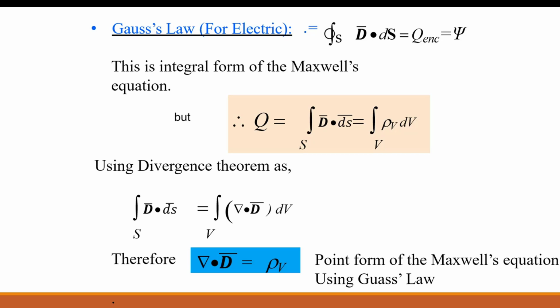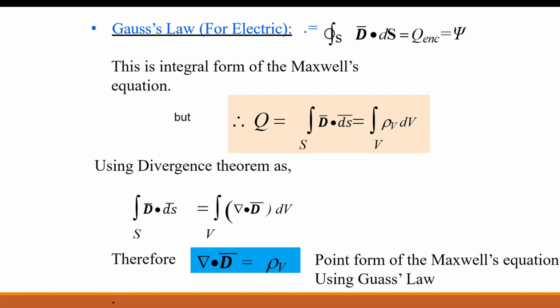What does Gauss law state? What is the statement of the Gauss law? First, we have to write the statement here. The Gauss law states that surface integration, now here circle sign is there, closed sign is there, so closed surface integration of d bar dot ds bar is equal to q enclosed. And what is d bar? D bar is electric flux density. And ds bar is surface area. Right? So closed surface integration of d bar dot ds bar is equal to q enclosed.